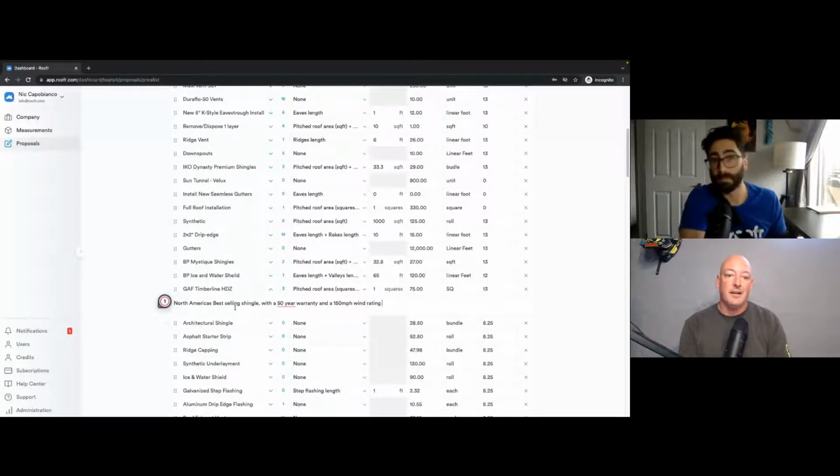Very easy to do a scope of work type of proposal on here, as well as a granular, line item based proposal. Yeah, tons of flexibility. You could really fluff it up too with these descriptions. Like you see here, I just said North America's best-selling shingle with a 50-year warranty and 150-mile-an-hour wind rating. You could sound as markety as you want, or really go down, like if you want to get really technical,